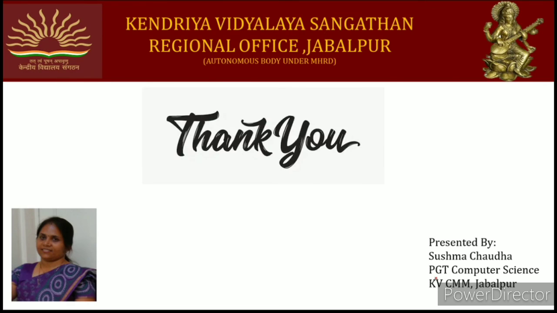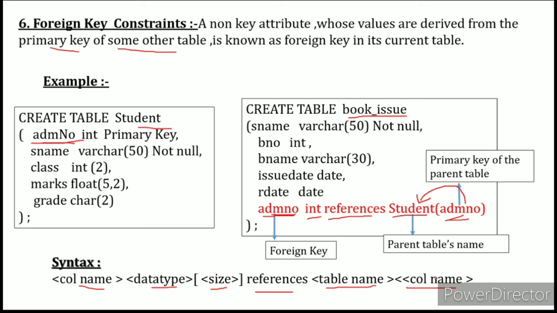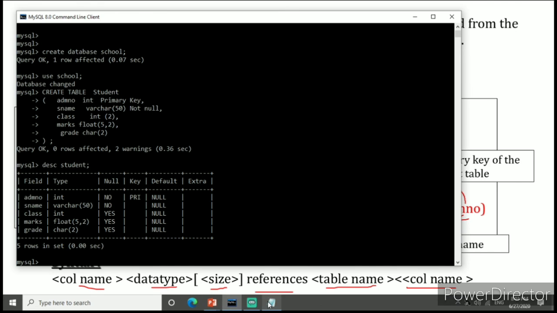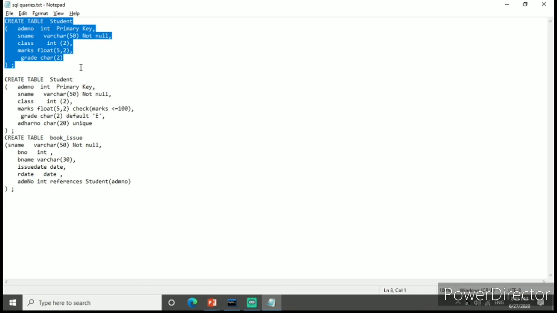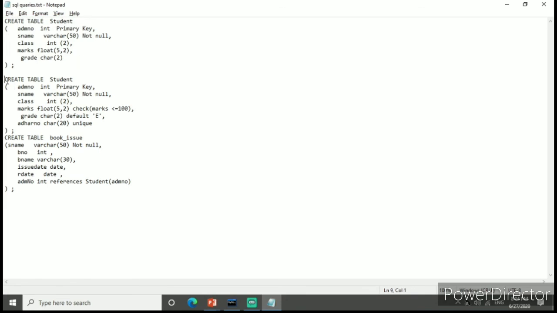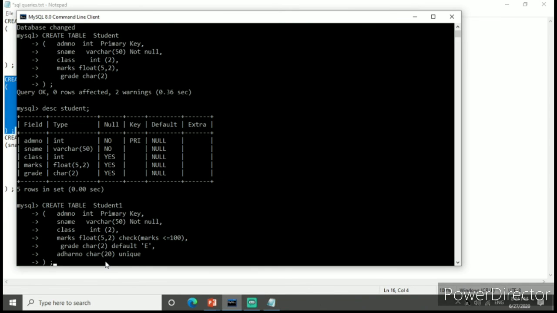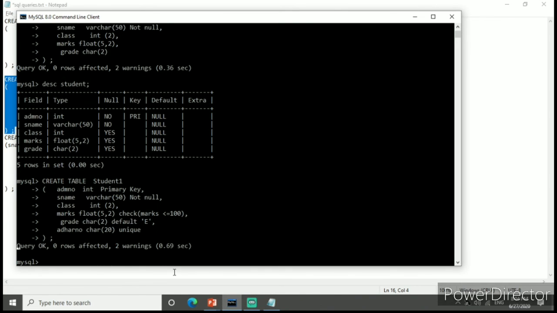Let's do some practical work. Here you can see create table student1.